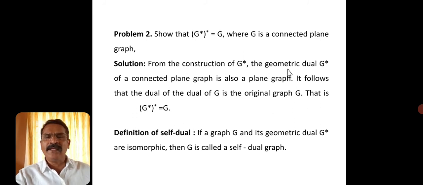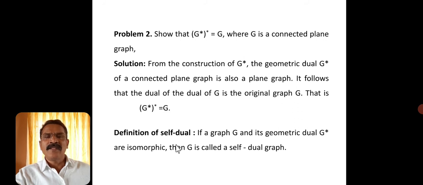Now we will see another concept, that is self-dual. Like that what we have discussed, self-complementary graph in the previous semester. So if you find out the complement of any graph, and if you get the same graph as that of G, then G is said to be self-complementary. Okay, just for comparison purpose I am referring that, but that concept is different and this concept is different.